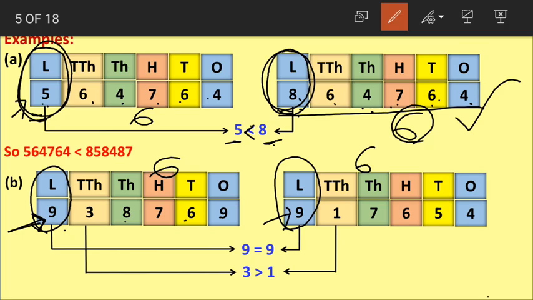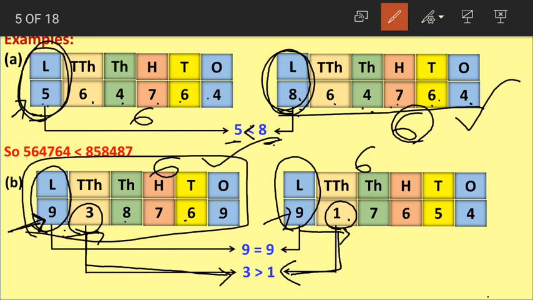So we cannot say which number is the highest by simply comparing these two 9s at lakhs place. Now what will we do? We'll move on to the next digit. What is here after 9? We are having 3 after 9. And what about in the second number? We are having 1 after 9. See, now we should compare 3 and 1, which are the digits at the next higher place values. Which is the greater number here? 3 is the greater number. So this whole number becomes the greater number.